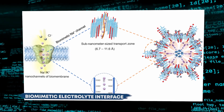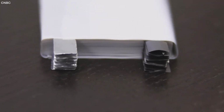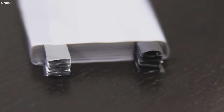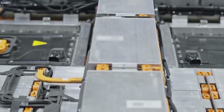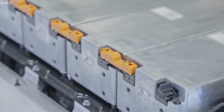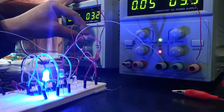Biomimetic electrolyte interface. CATL's biomimetic electrolyte interface has turned the battery world upside down by solving one of the biggest roadblocks to adopting advanced lithium metal anodes. Derived from nature's own designs, this interface forms a tough, self-assembling barrier that keeps destructive dendrites in check. These spiky growths can puncture batteries and cause dangerous short circuits, but biomimicry has given CATL a new tool to